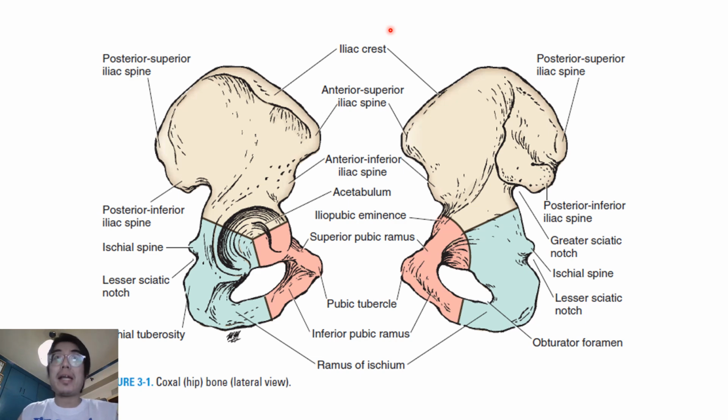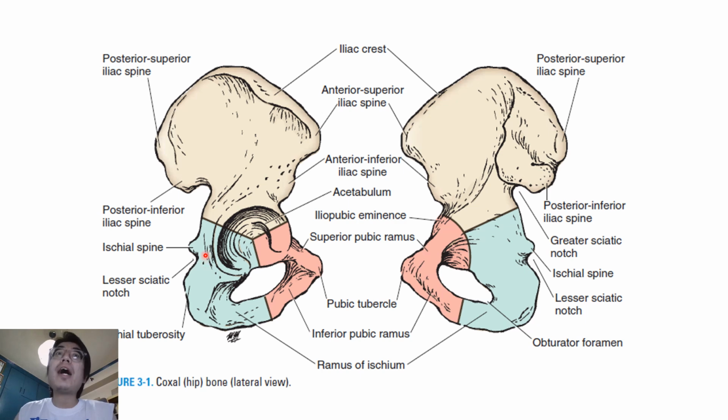and the gluteal lines. The pubis forms the anterior part of the acetabulum and the anteromedial part of the hip bone. It also has a body which articulates at the symphysis pubis. It has the superior pubic ramus over here, which enters the formation of the acetabulum, and the inferior pubic ramus, which joins the ramus of the ischium, which is a part of the obturator foramen over here. The obturator foramen.